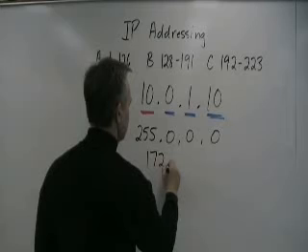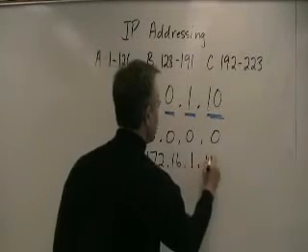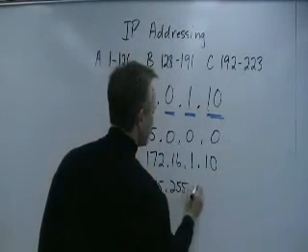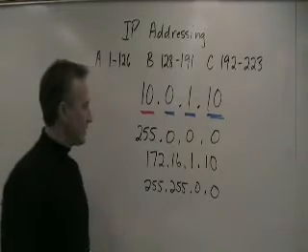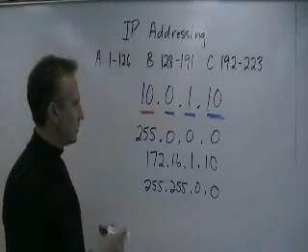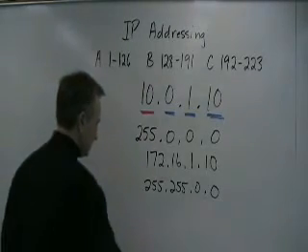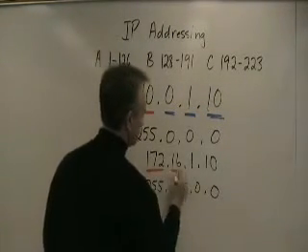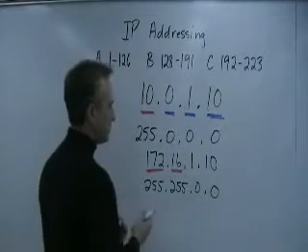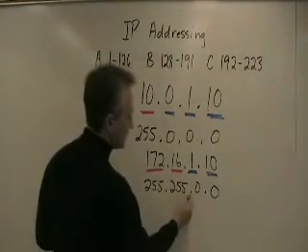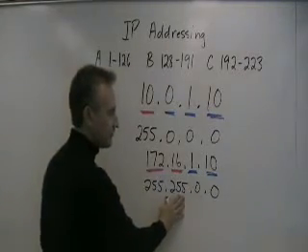network and host. If we look at class B, a class B address has a default subnet mask of 255.255.0.0. Again, we said with class B, the division here is between the second and third octet, which is exactly where the difference is between the 255s and the zeros